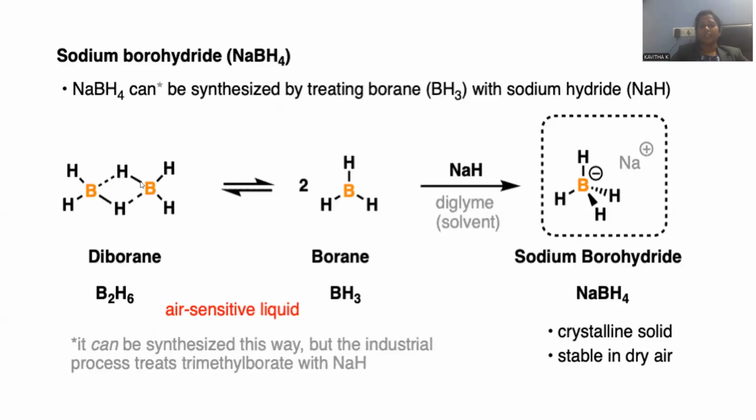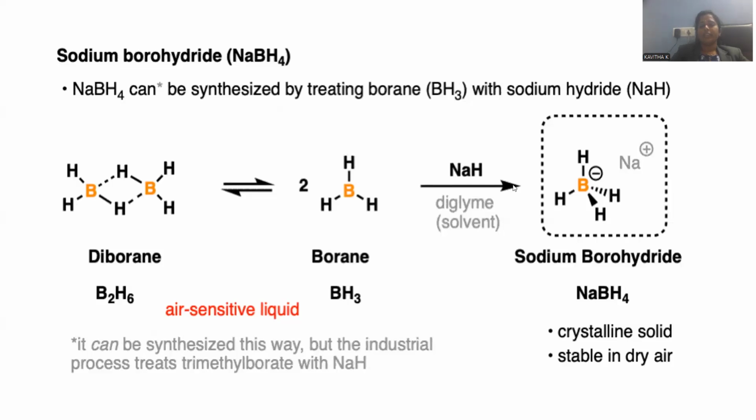One bond is indicated with a thick line, and the other bond with a dotted line. That's the reason why sometimes the two electrons reside between the boron and hydrogen on the right hand side, and sometimes they move towards the left hand side boron hydrogen. This is called three center two electron bond formation, existing in a banana bond kind of appearance. This diborane can be monomerized in such a manner. BH3 formation is possible.